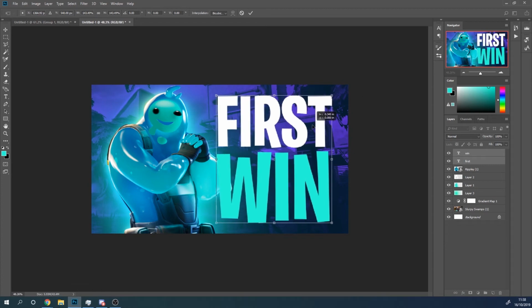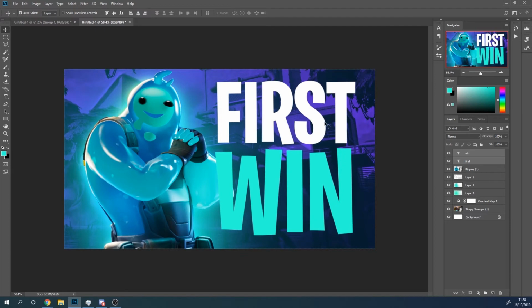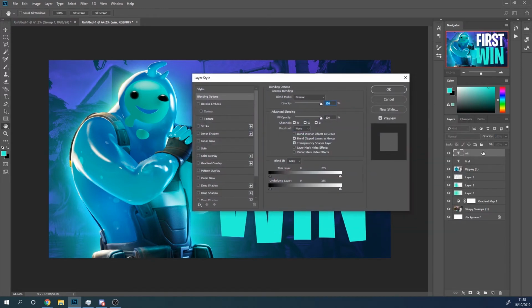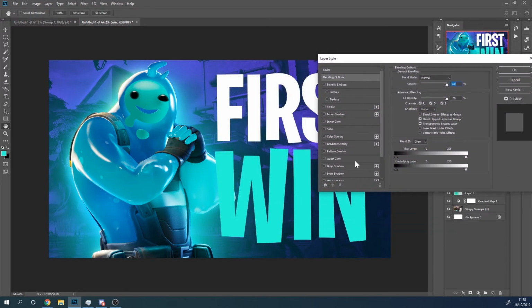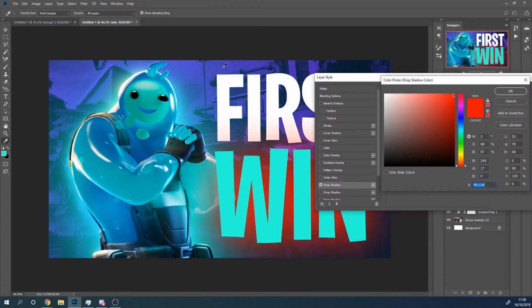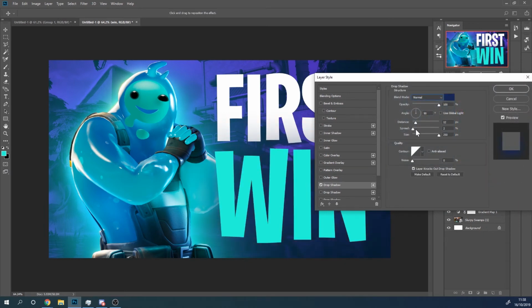So I'm just going to put the position sort of there, something like that. And then I'm going to make a layer style on the win text, and all you need to do is make one layer style on the win text and then copy it over to the first text. So for that I'm going to double click the blank bit of the layer, and then go to drop shadow, set it to normal, make it a dark colour of the background, like a dark blue, hit OK, set the spread all the way up and the size all the way down